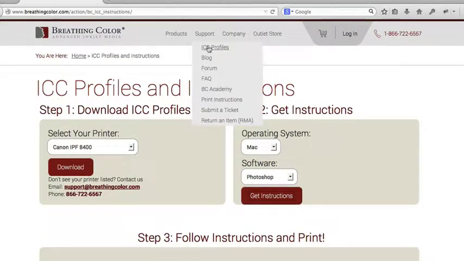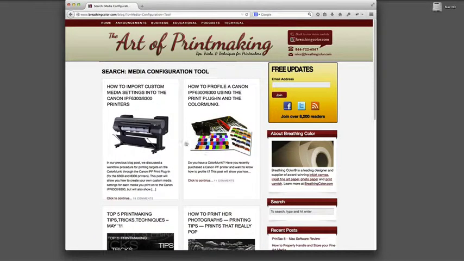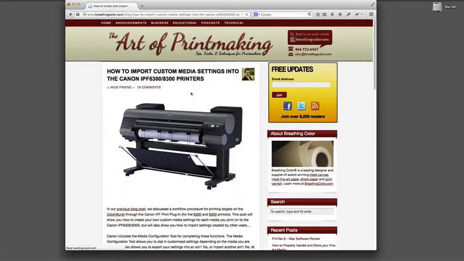So if you're not sure how to use those, you can go to the blog, and they show you here a great video in terms of how to use the media configuration tool. So when you get to that menu, when you get to that section, you want to type in Media Configuration Tool in the search bar. When you hit enter, you're going to get an option to how to import custom media settings into the Canon